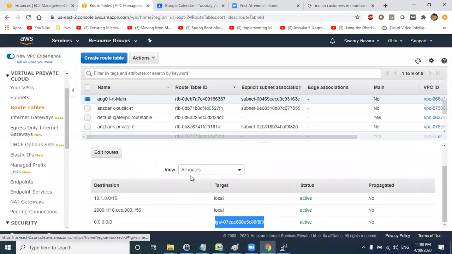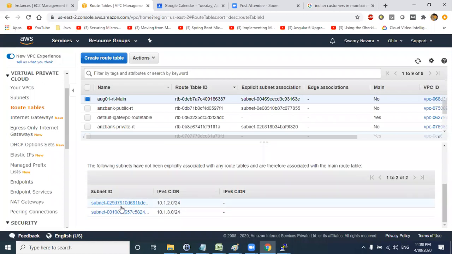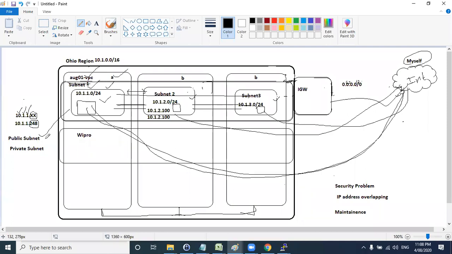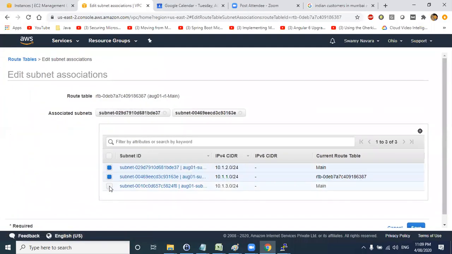But for how many subnets are you telling this? You are telling it for only one subnet. You have selected only one subnet. The other two subnets you have not selected for this route. Clear? So that is how you can differentiate public and private subnets. Any subnet which is connected to the internet gateway is called a public subnet. Any subnet which is not connected to the internet gateway and is connected internally to each other, say for example this to this, is called a private subnet. Now let me reassign these subnets here.